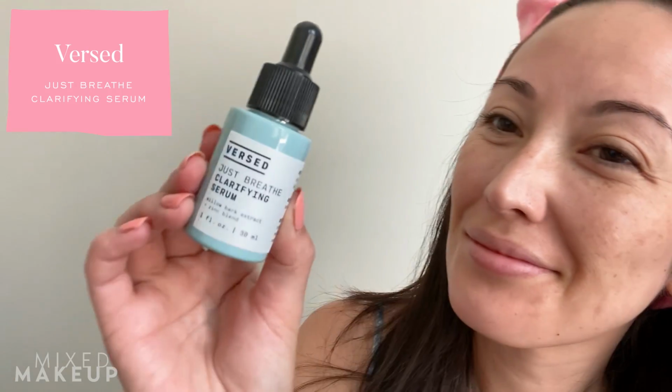One of the next products that I really like is this one. It is called Just Breathe. It's a clarifying serum. And what I like about this product is it's great for people with sensitive skin that also battle acne. A lot of the time I get DMs from people asking, do you have any